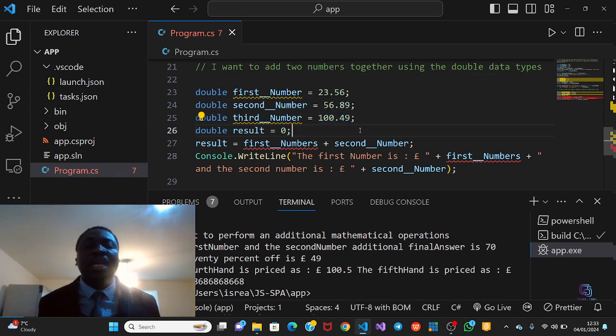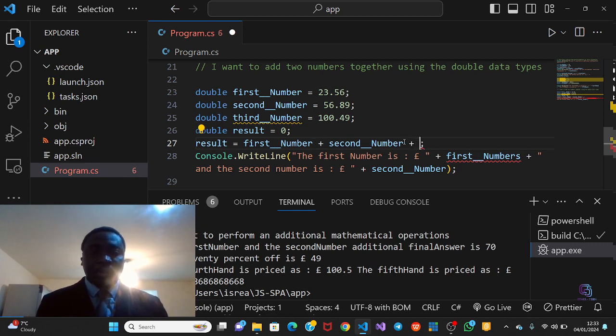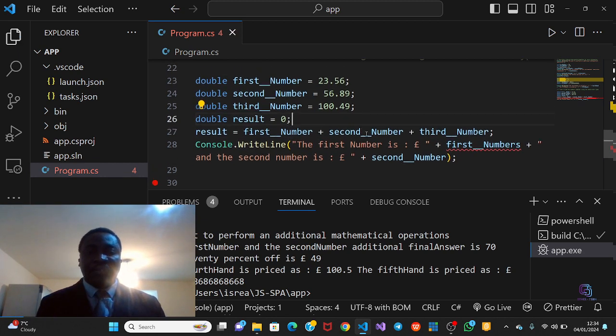Because it has not been calculated and we don't know the final answer. So how do we calculate it? Say result is equal to the first number plus the second number and plus the third number. So with this, we now have the first number is this pounds, plus the second number is this, plus the third number, the third number